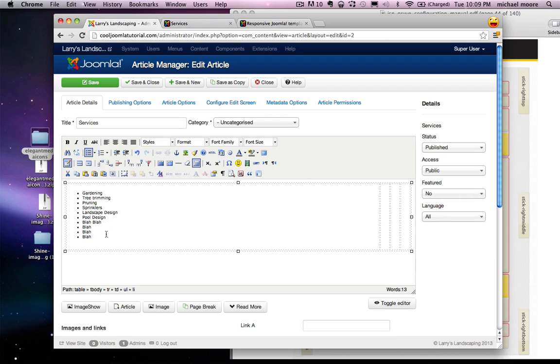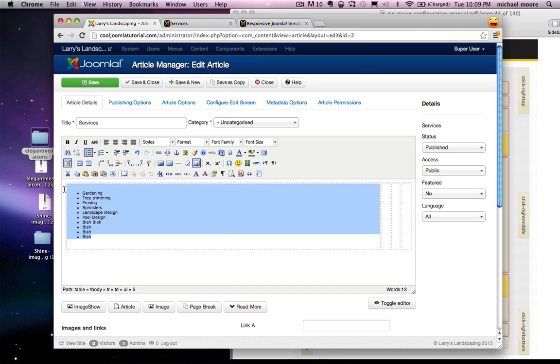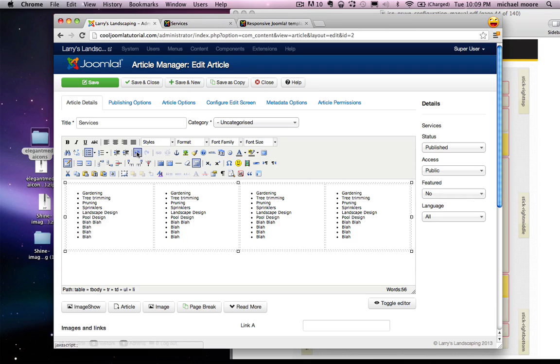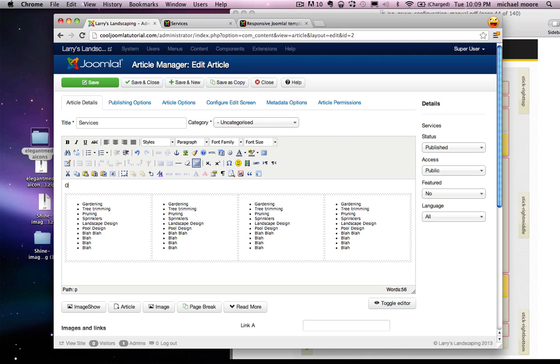All right, so I can just take this and copy it by typing Command or Control C. And then I'm just going to paste it into the other 3 columns. So 1, 2, 3. All right, and before I save it, I want to add at the top, our services include but are